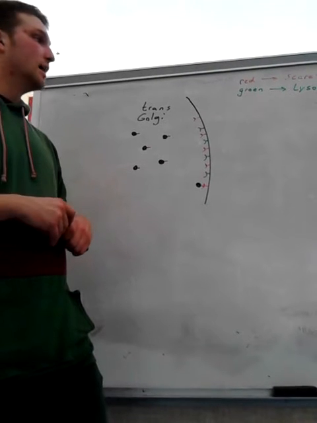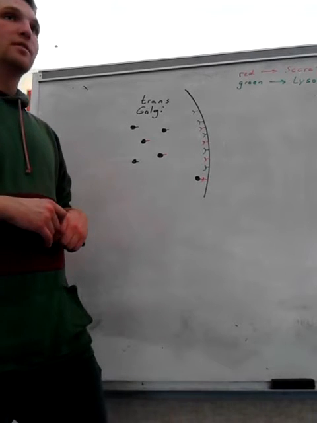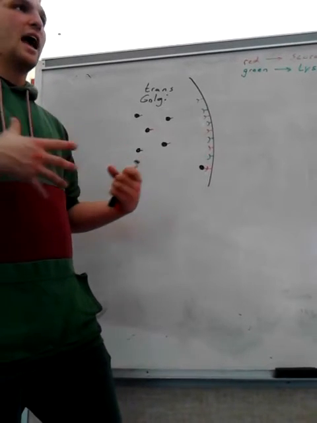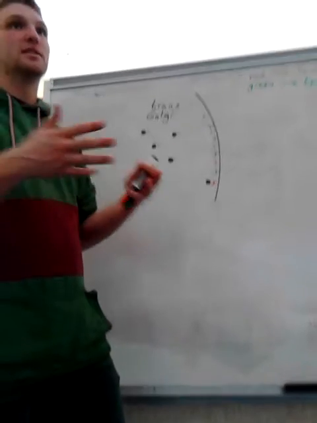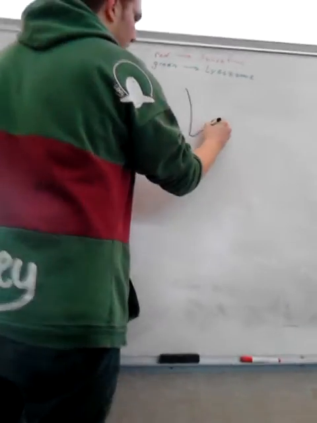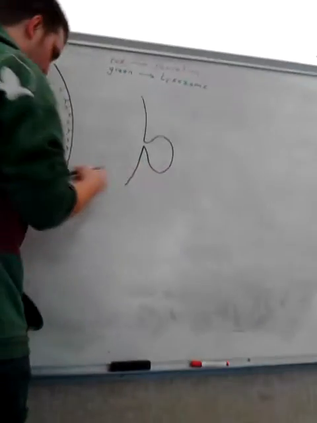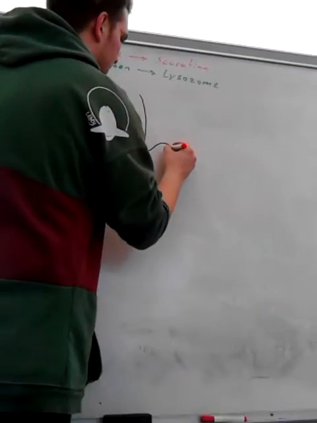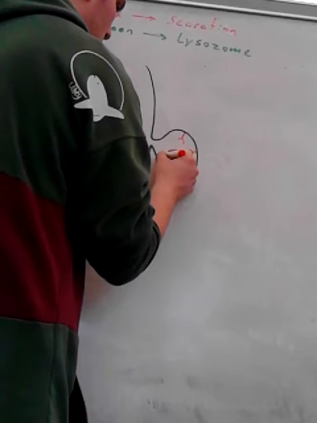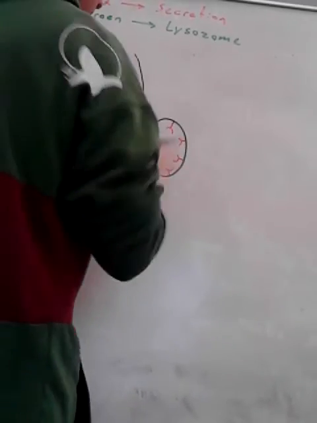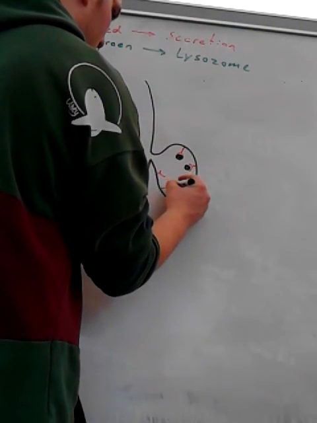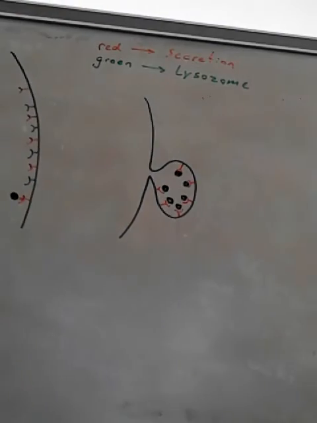So in secretion, you don't necessarily need this, because when you bud off a vesicle, everything that's left in there will diffuse into that budding vesicle. So as this starts to bud, if this is for secretion, you're going to have all of these red ones. You're going to have all the proteins bound to the red ones that are meant to go. But while it's budding,